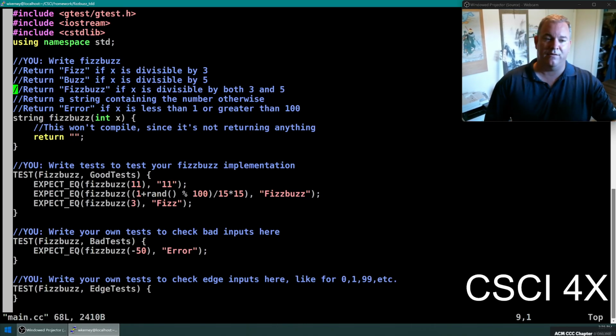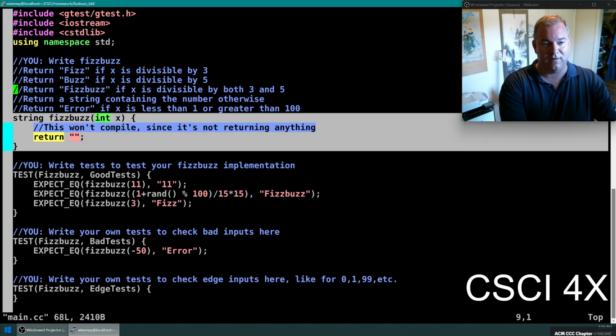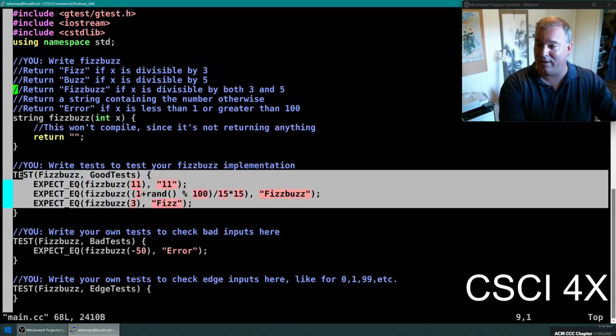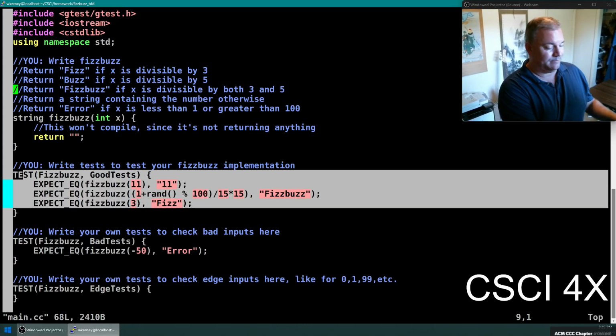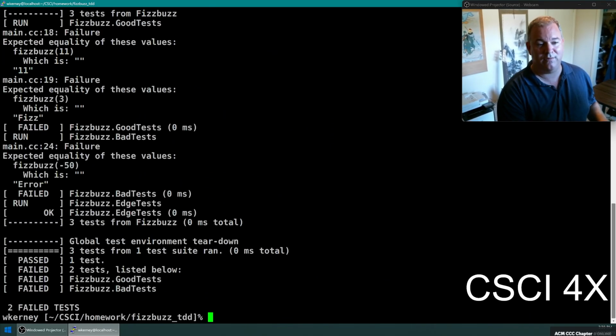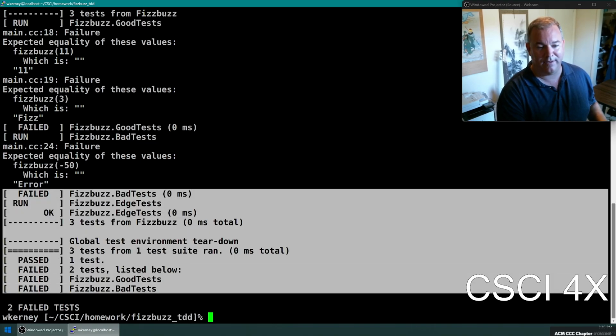Okay. Now, this is a little bit different. We're going to be doing this in a function. Before you did it in like a for loop, but we're doing this in a function so we can do functional testing, unit testing and stuff like that. So we can pass in a number and see the string that we get back out, and you can write a test case for it. So we have 3 test cases right here. And when you run it, if I in fact run it right now, you can type test, and that is going to give you the